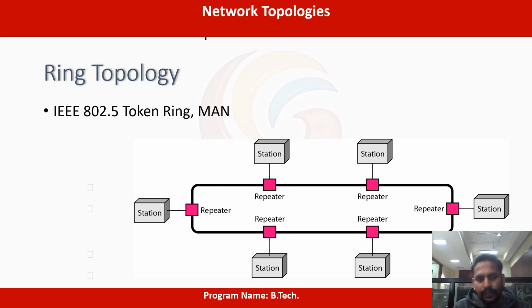And you see, if any fault or any error occurs in this connectivity, it is easy to find. The drawback of this ring topology is, suppose any communication link is broken or anything happens to that communication link, then all other devices will suffer, because each and every device will be communicating with other devices. So if anything happens to that ring, then the connectivity between those two stations will be disconnected, so it cannot easily communicate with other devices. The total network will be spoiled. So this is ring topology.